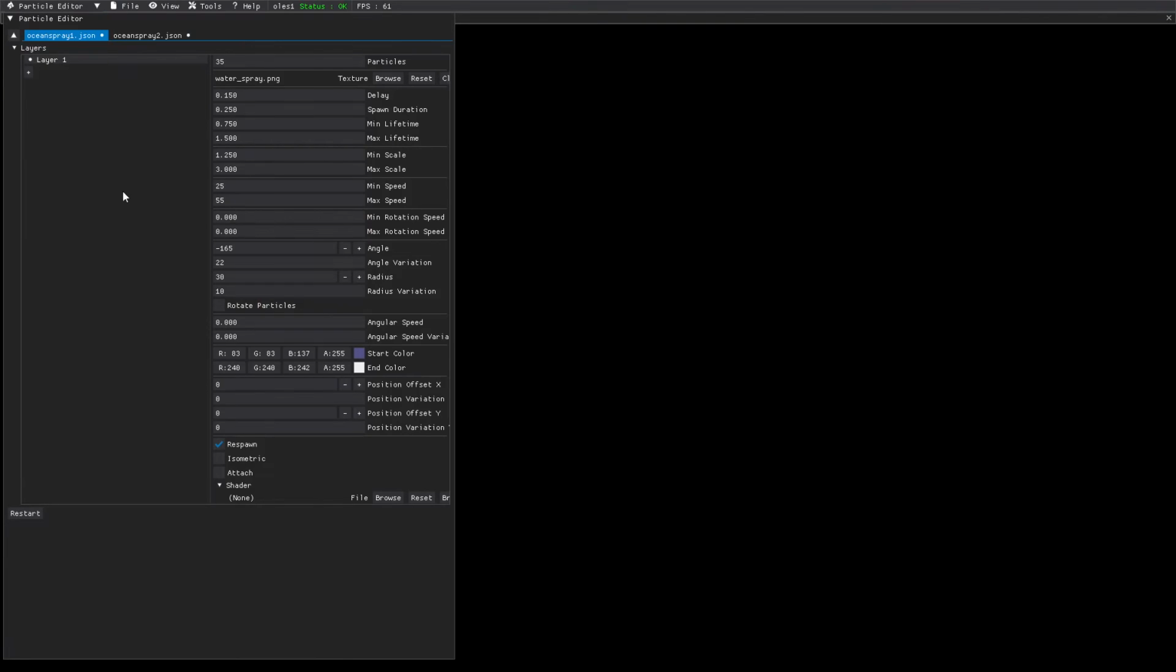Okay, so now we're in our particle editor, and I've got this one I've called Ocean Spray, and I've just pre-started it. What you can do is change all these variables to make these however you want. With this one, what I've done is I've set a spawn delay of 150, but if I cancel that out,